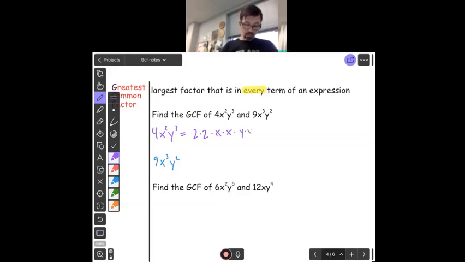So 3 y's, right? And so in the same way, 9, of course, is 3 times 3, and x cubed is x times x times x, and then y squared is y times y, okay? So I've broken it all down into its primes, and we see that the variables are pretty easy to break down, right? It can be kind of tedious writing out a bunch of x's and y's, but it's easy to do. And then we go looking for